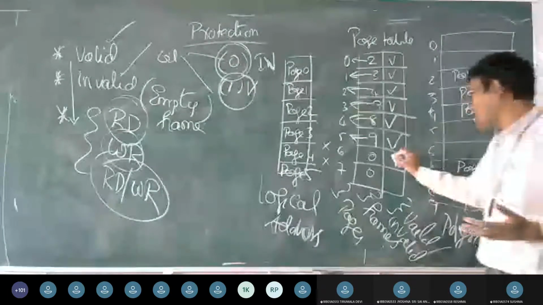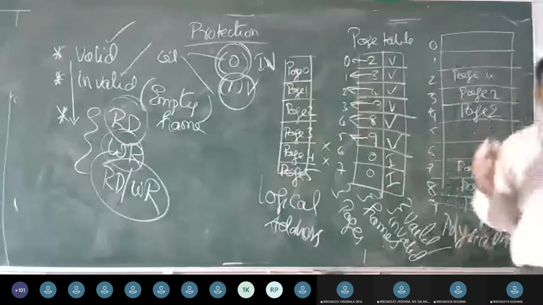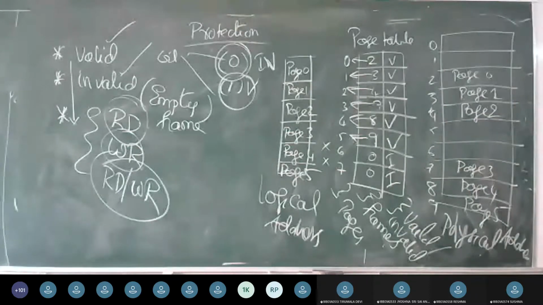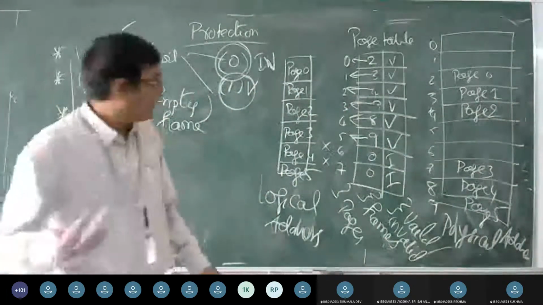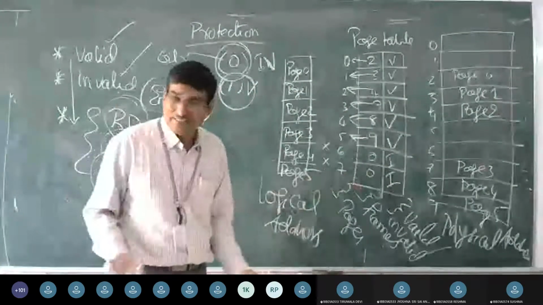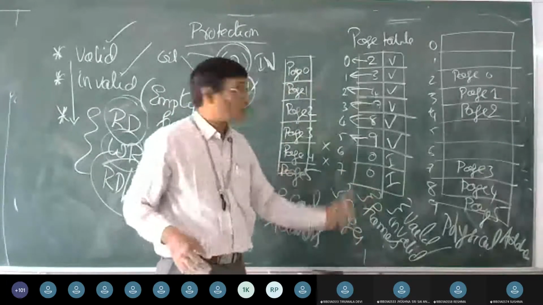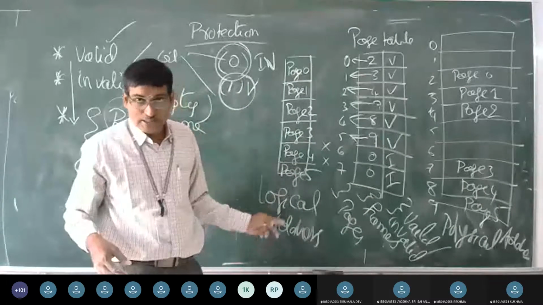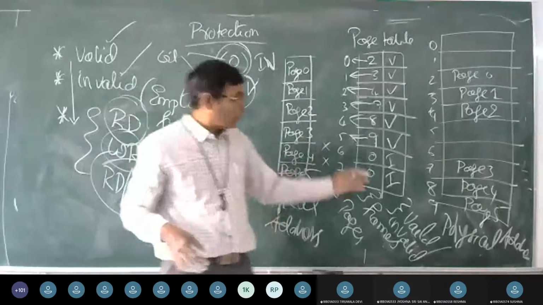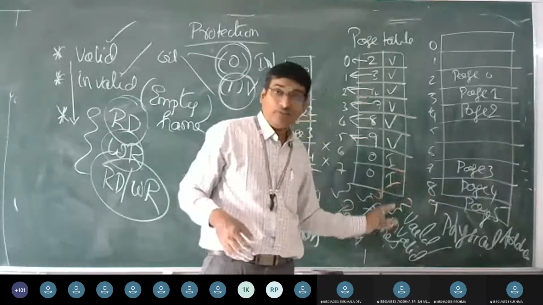But in this case, we are going to mark the value as invalid. The reason why we are going to mark 6 and 7 as invalid is because the page table is not going to be associated with the pages for page 6 and page 7. It is not associated. So that is the reason why we are going to put the value as 0 and mark it as invalid.